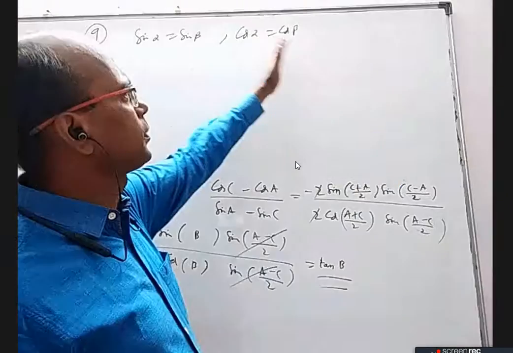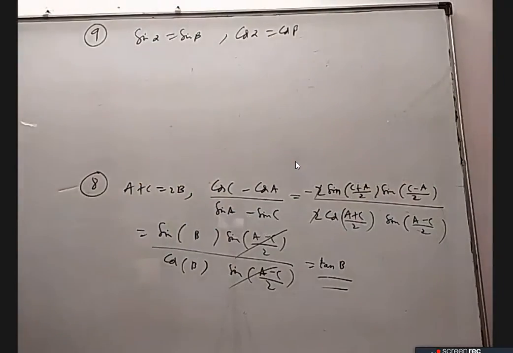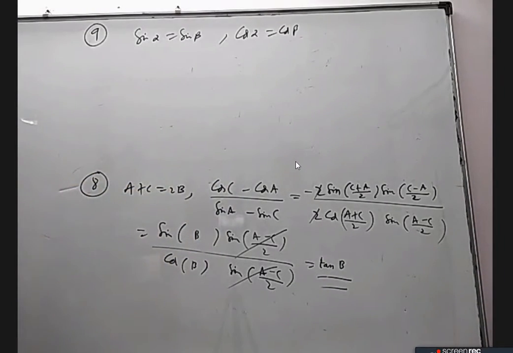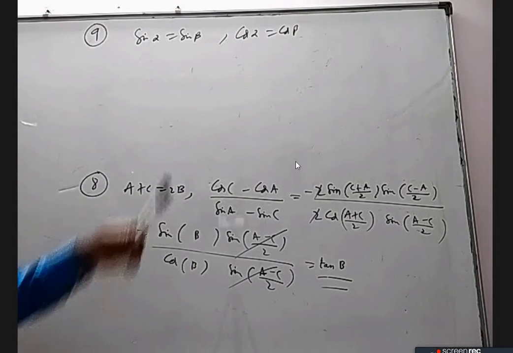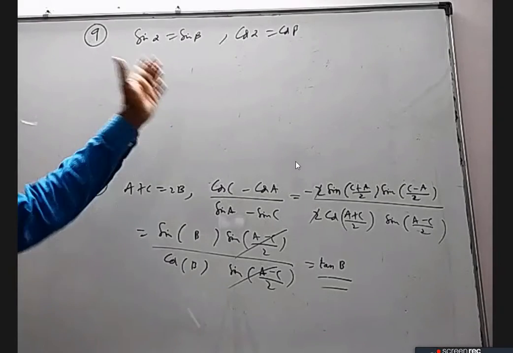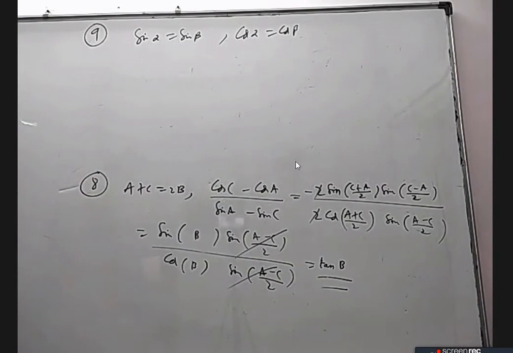Here alpha can be beta, alpha can be 360 minus beta, alpha can be 360 plus beta. But if you want both to happen, either alpha equal to beta or alpha equal to 360 plus beta or 720 plus beta. I cannot take 360 minus beta because it is okay here but not okay here. I cannot take 180 minus beta as alpha because that is okay here but not okay here. So we understand that alpha is equal to a multiple of 360 plus beta. That is one way to do it. Another way is to apply transformations.